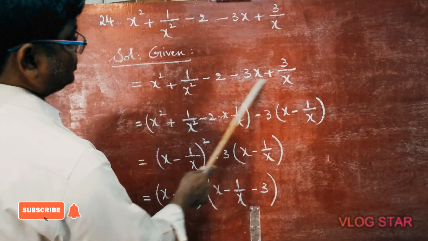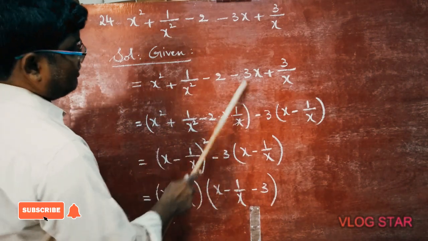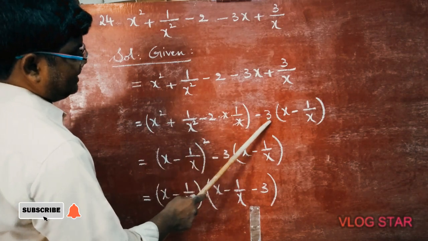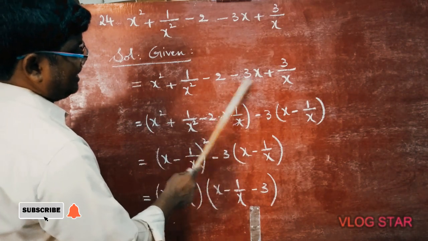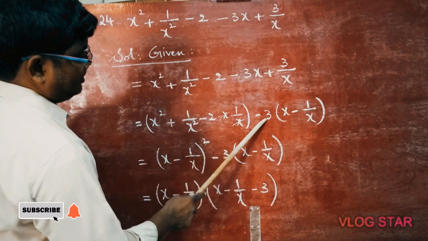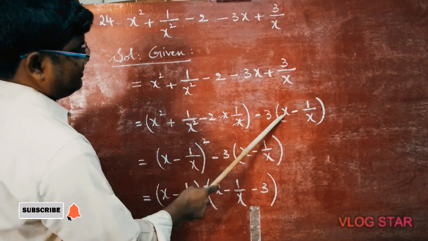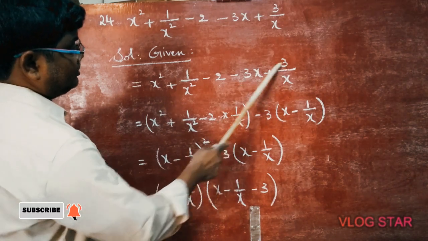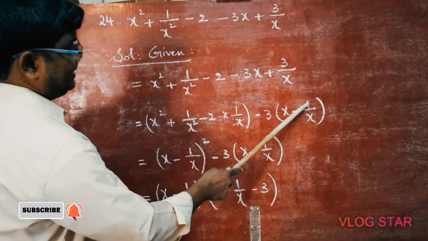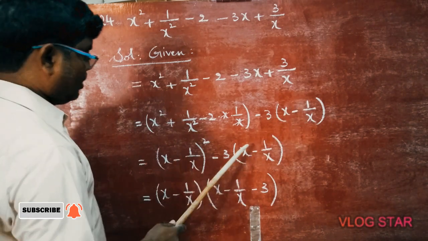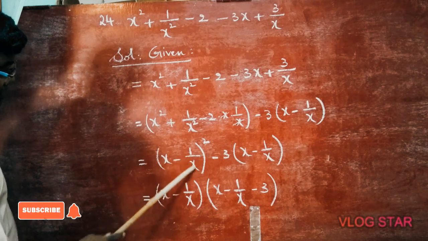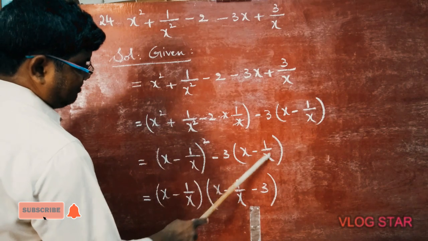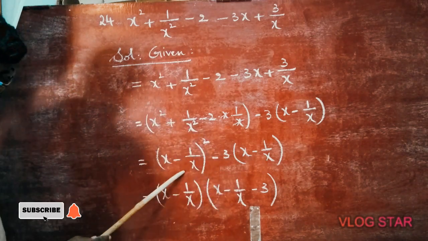And from the next last two terms, minus 3 you take common. When you are taking minus common and 3 as common, the signs are opposite. Here minus becomes plus here. 3 we already took outside common, so one more x is left. Plus will become minus. Here 3 we took common because numerator 3. So 1 is remaining and x. Now x minus 1 by x whole square is the first term, minus 3 into x minus 1 by x is the second term.